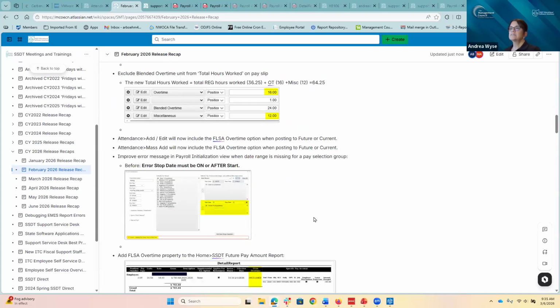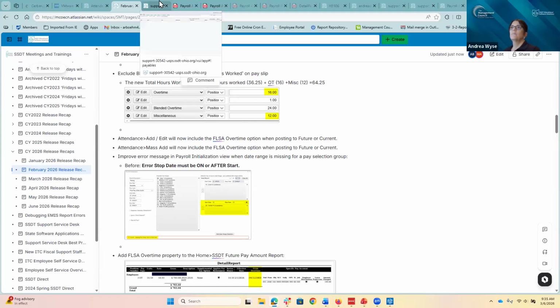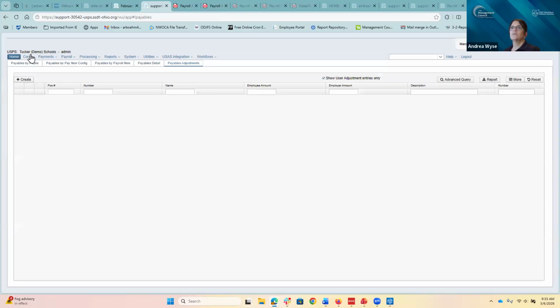The next one is the attendance add and edit. And this kind of goes in also with the attendance mass add. This was an improvement because as of before, the FLSA overtime option box was not being included, but now it is. So now when we go to attendance,